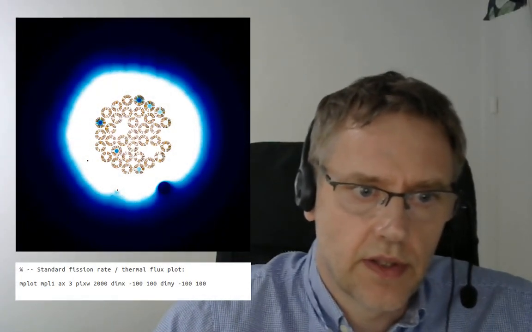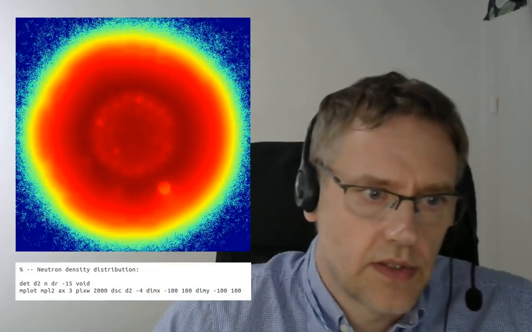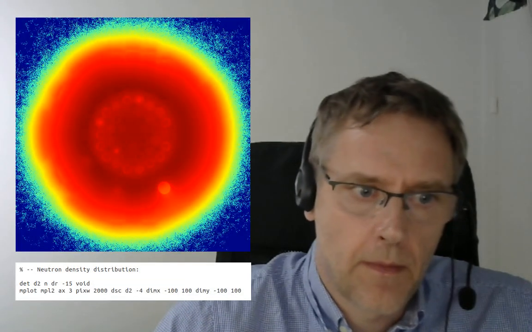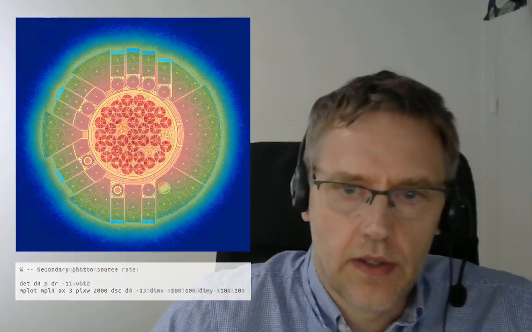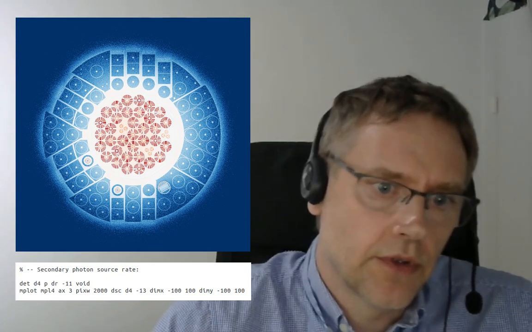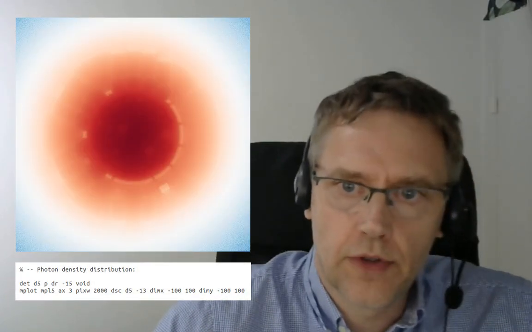So to give you a couple of examples, here are a few mesh plots from the JHR reactor test case. You can also see the input syntax that is used for producing these mesh plots. This is the standard fission rate and thermal flux plot. This is the neutron density distribution. This is the neutron collision rate. This is the secondary photon source, meaning photons produced in neutron reactions. Photon density,